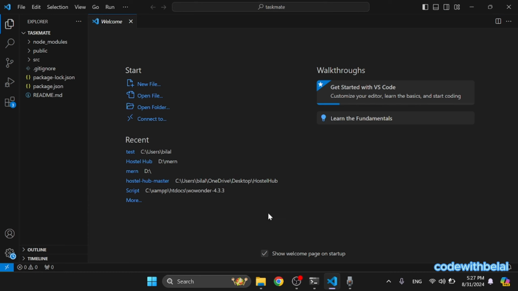Hey there, welcome back. In this lecture, let us talk about the folder structure of React and what happens behind the scenes of React. As you can see, node_modules